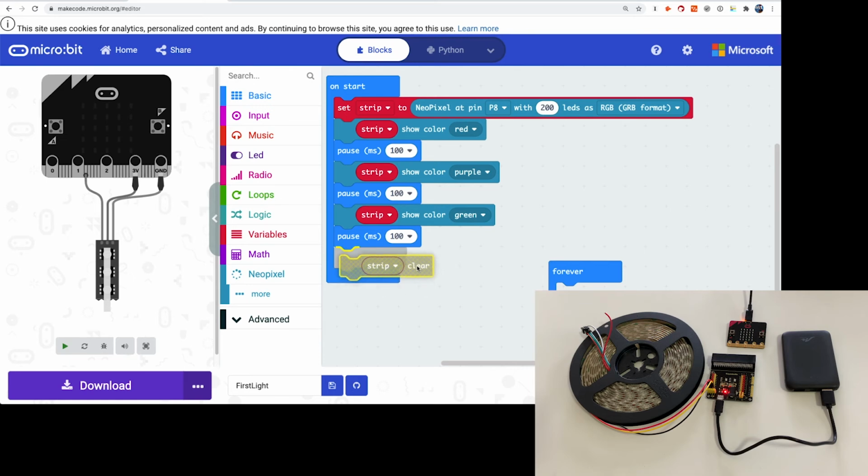So I'm going to take this clear block, strip clear, and that's going to remove all the color information from the memory in the microbit. There's one issue with that though. You can see how this says show color red, show, but there's no show here. What happens is that there are spots in the memory of the microbit that hold onto the color information, but they don't get sent out automatically. You can change those colors in memory all you want, but then you have to call a function with show for that information to be sent to the pin, or pin 8 in our case,